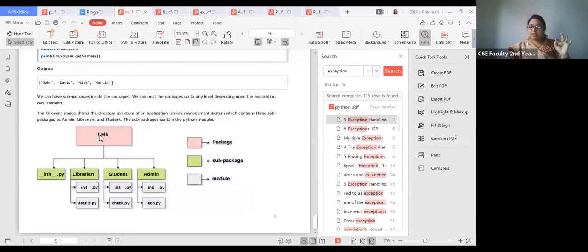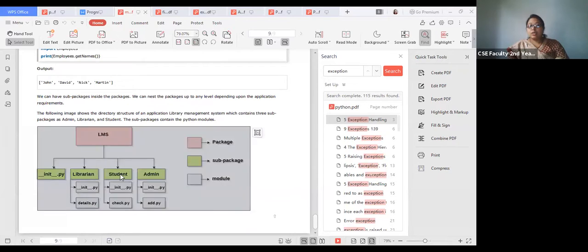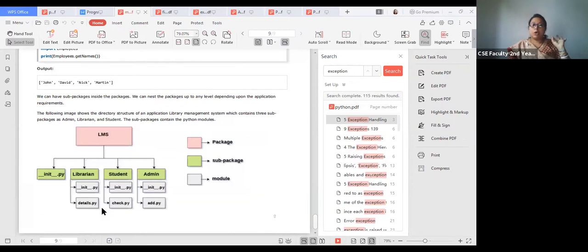Inside the one folder, suppose you are giving the name LMS, you can create one, two, three folders, and in each folder you can create a module. A module here is a file, like details.py, check.py, add.py.